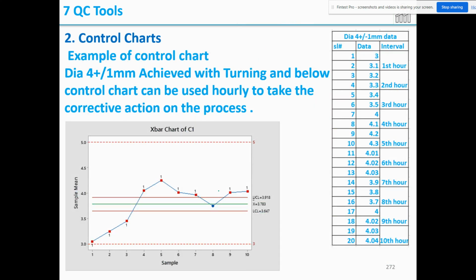So now let us see an example of control chart. So there is a data here. What they're doing is every 1 hour they're going to check some samples and store the data. Every hour they're going to check two parts here. So it takes the average of that two data and it plots a graph. Now if you see the data from the 3 mm, the shaft diameter varied and some has come into the limits and some have gone out of spec.